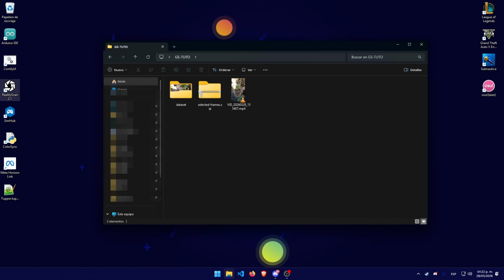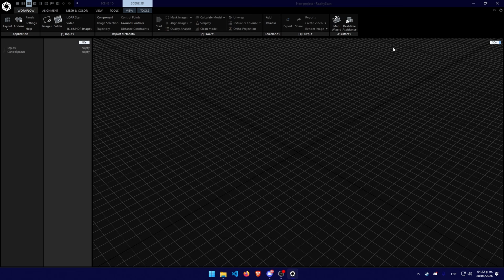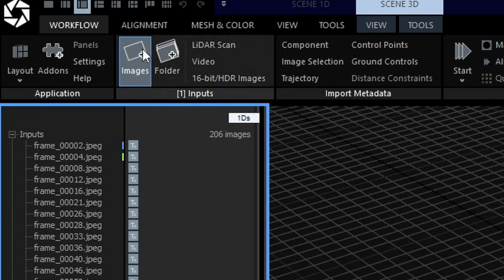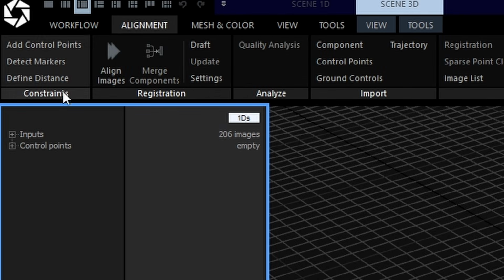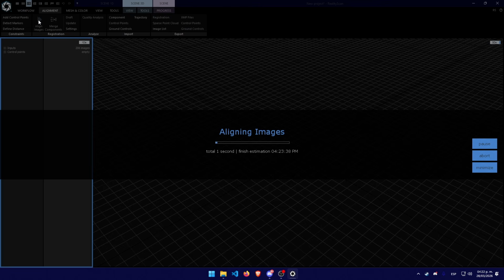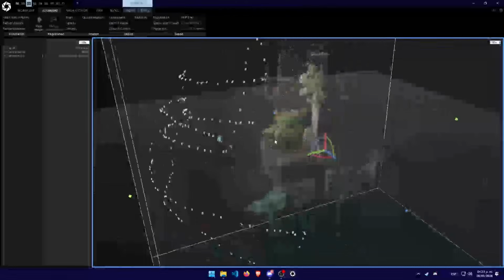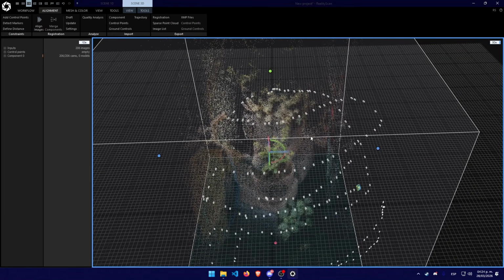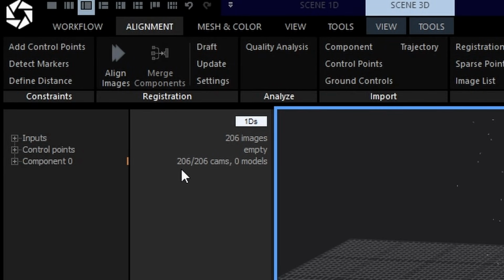Now I'm gonna open RealityScan. In RealityScan, I'm gonna drop the whole dataset folder with the images. Go to the Alignment tab and then click Align Images. Once the process is finished, we can see a point cloud. We can also see the camera positions, and in the left we can see that all 206 images are being